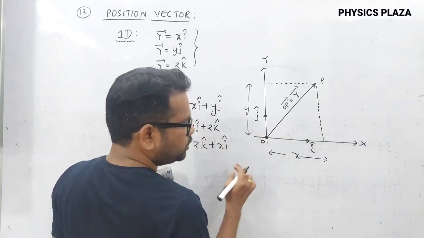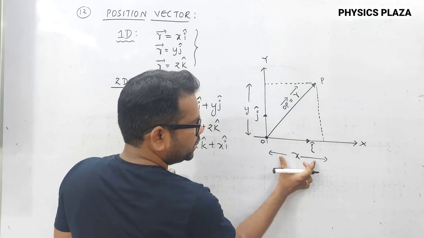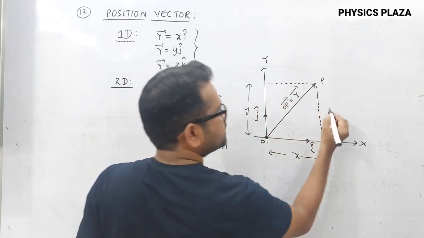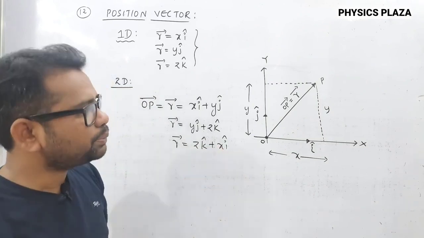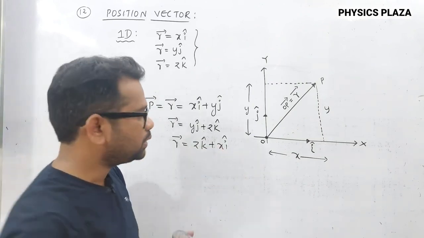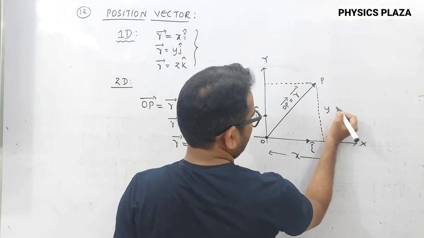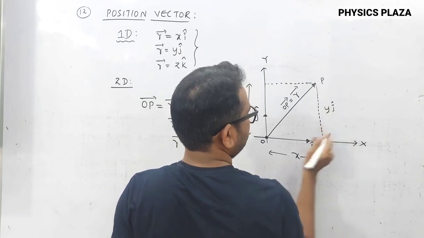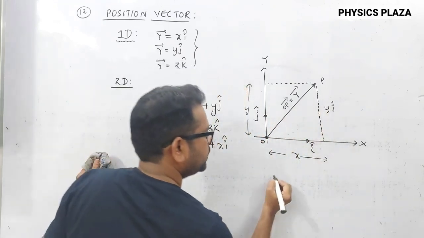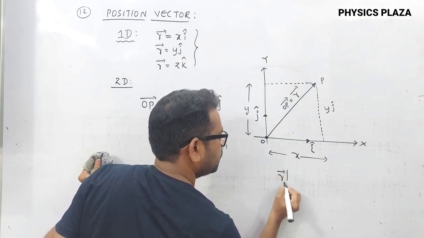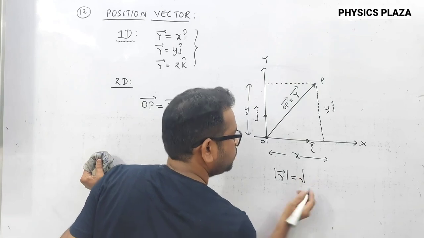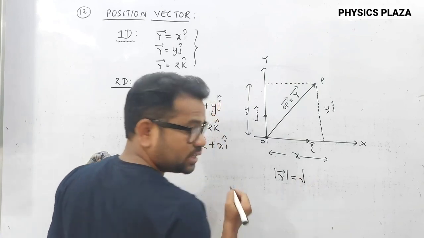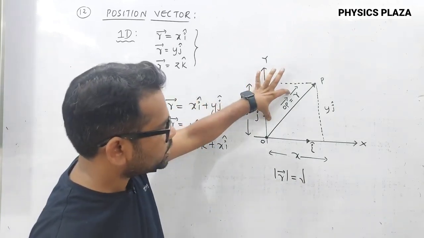So if you can see, for magnitude we have to calculate. This we know is x. As this is y, children, obviously this is also y. Am I clear? Now let us apply the Pythagoras theorem. You can apply the Pythagoras theorem. So it's y j cap. If you apply the Pythagoras theorem, children, then the magnitude of r, mod r, is equal to... okay, try it, it's very, very important. By the Pythagoras theorem, the hypotenuse square is equal to,